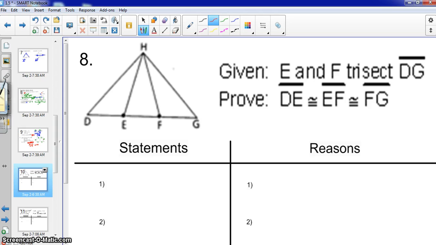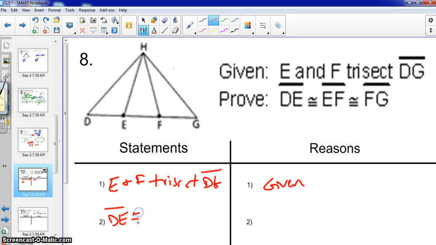Now when we're writing proofs, we have to make sure that we take a look at the given information. And in this first one, we're given that E and F trisect segment DG. And going back to what we talked about at the beginning, we have 2 points trisecting a segment. Therefore, it creates the 3 congruent segments, so we can go ahead and write the